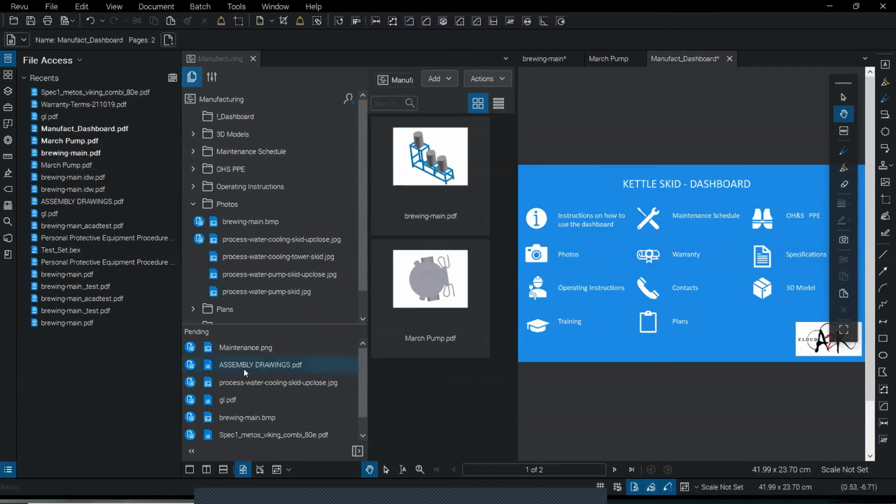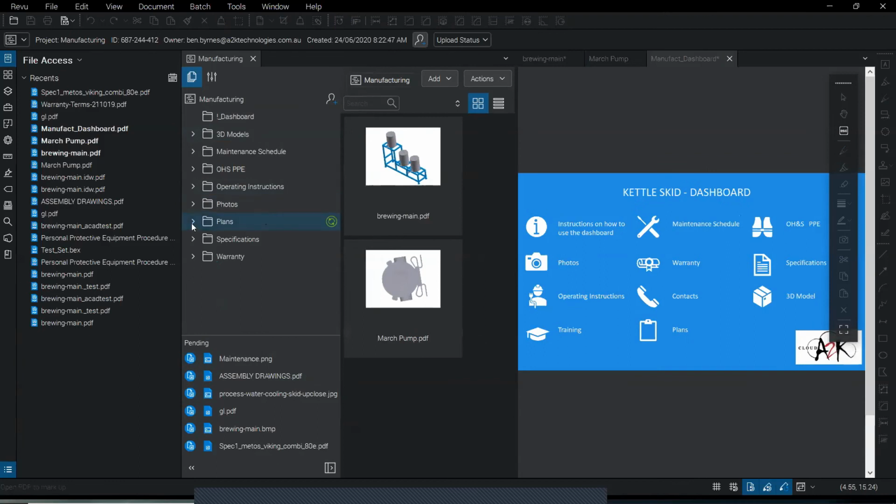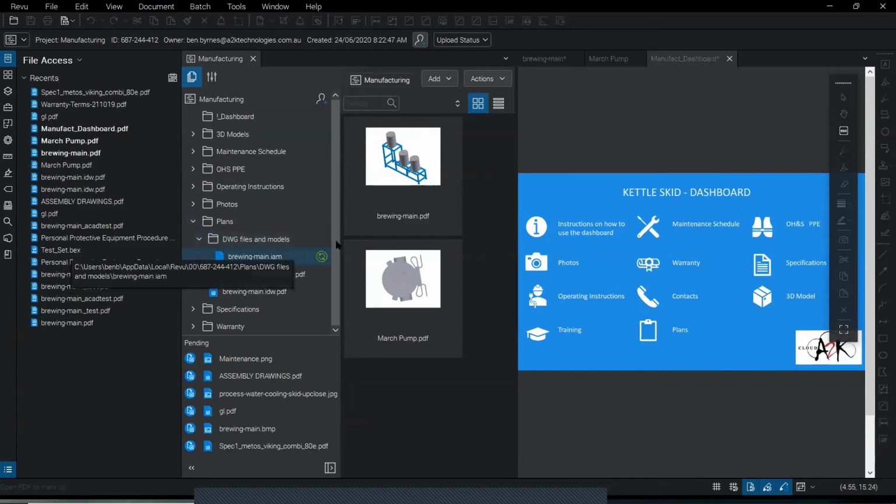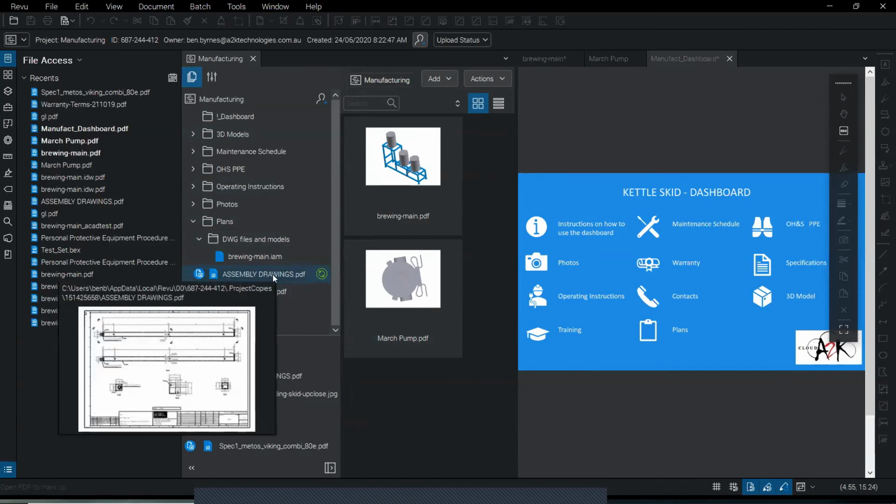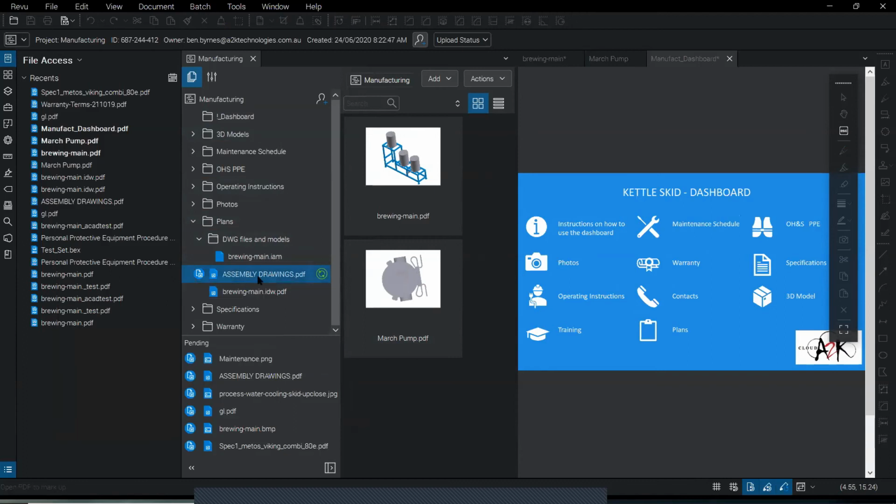I do have some drawings in here as well. If I've put drawings up, it's only a matter of creating a folder for drawings. I've got one in here for plans, and in here my drawing files and models. I've got the actual Inventor model of the item hosted on the cloud, and I've got my PDF items here and my assembly drawings. So these assembly drawings, if I open them, from here